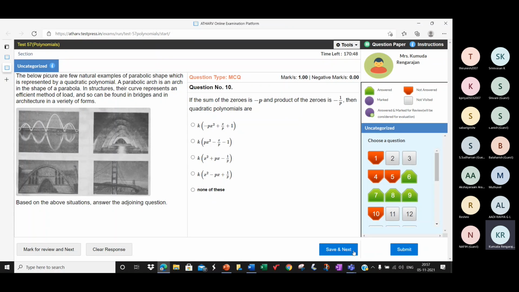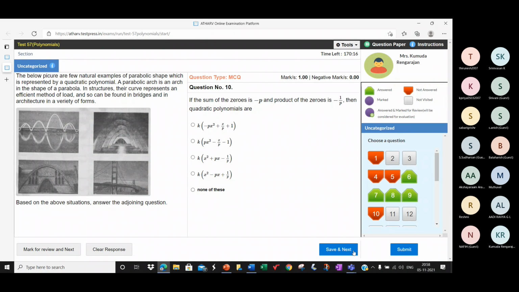No, actually I took alpha as minus p and beta as minus 1 by p. I didn't do it correctly. That's what I was telling about minus 1. The sum is given straight away. So x squared minus sum of the zeros into x plus product of zeros. Now I'm doing it. Earlier I had worked it incorrectly, children. Sorry. I was a little confused that my answer was not found in the options given.